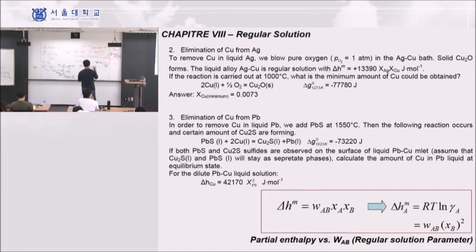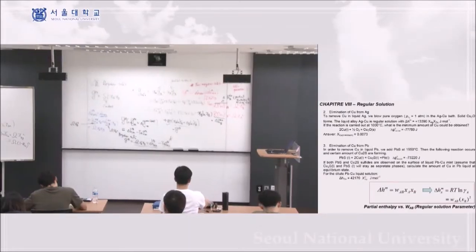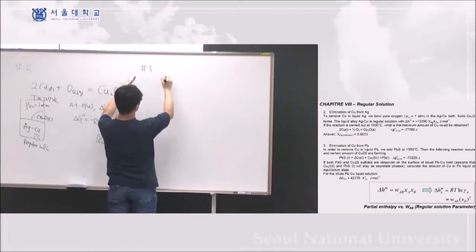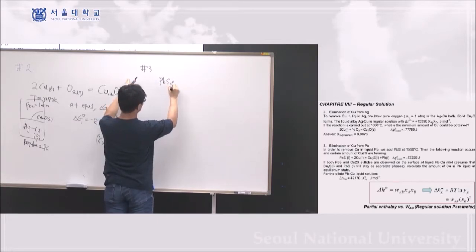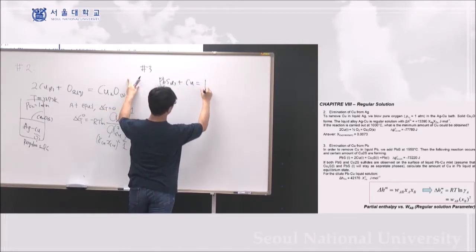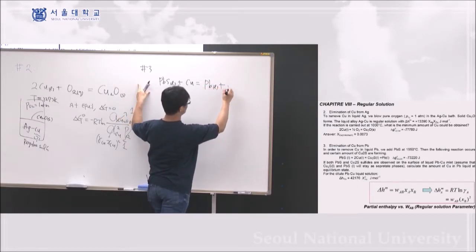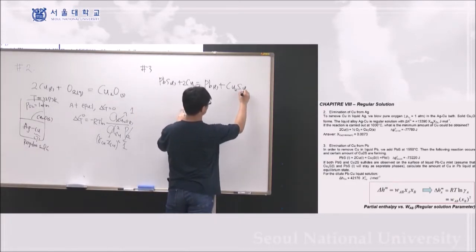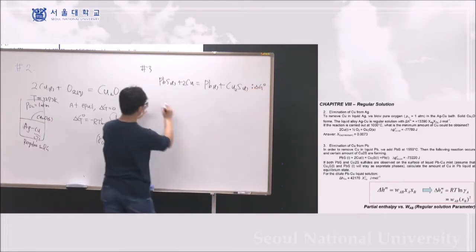Okay, so if I know this one, I can now calculate the activity coefficient. Then you can just enter all those things and calculate, then you can get it. So for example, number 3. The chemical reaction is so simple. So this is PbS liquid plus Cu equal to Pb liquid plus Cu2S liquid. And I know this delta G naught of reaction. Then at equilibrium state,